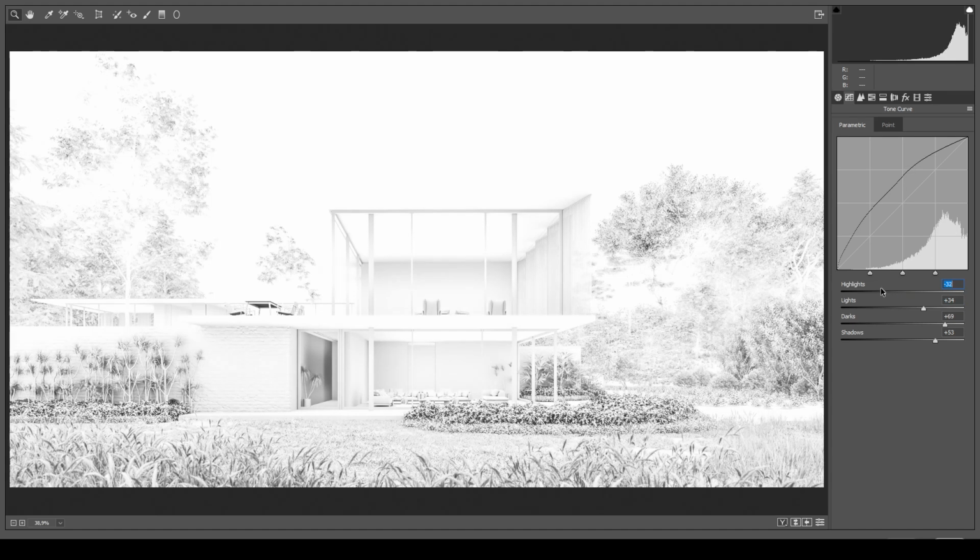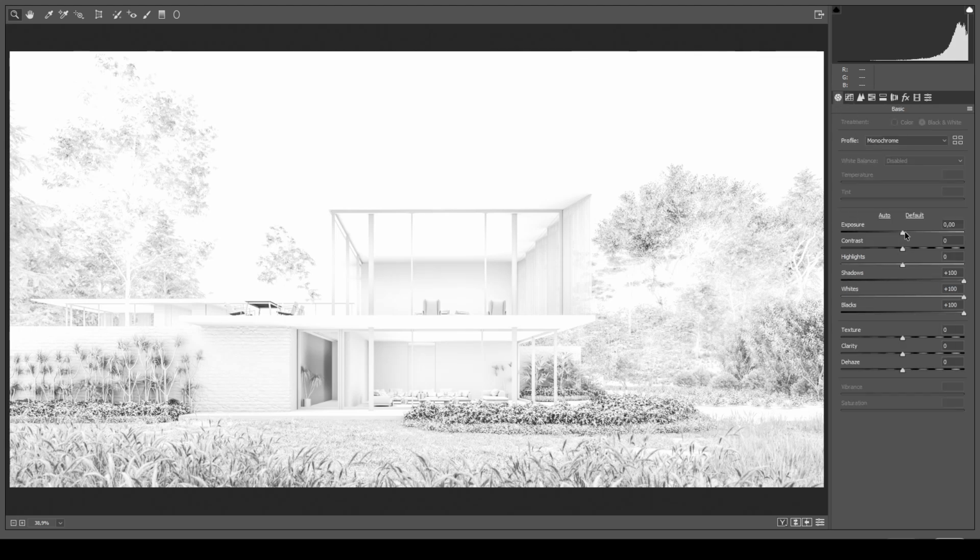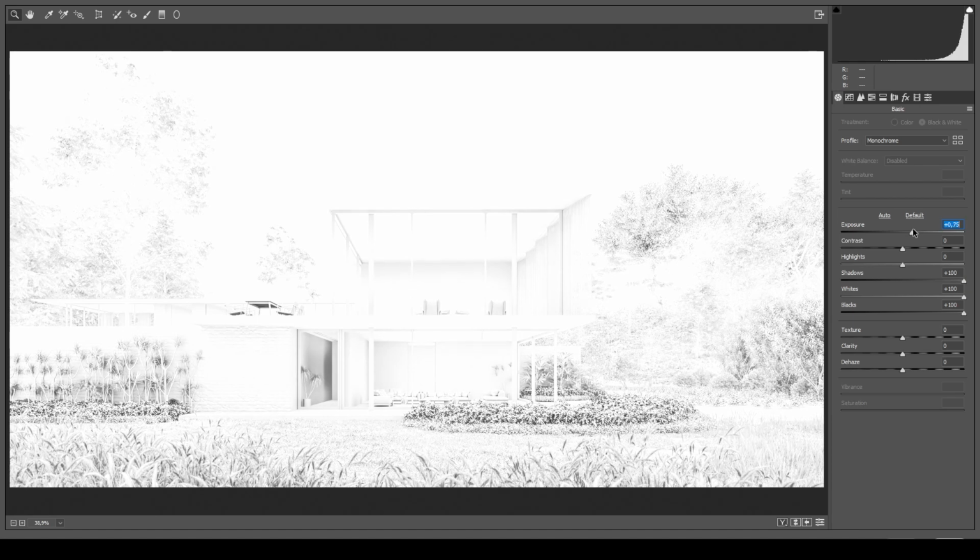These settings can be changed according to your renders. There we go. Let's try to change the exposure. As you can realize, the dark colors will produce shadows in your render. Alright, we can use this one.